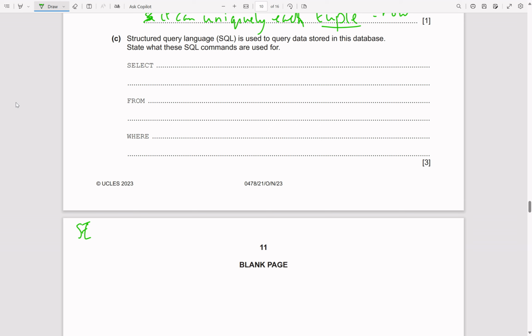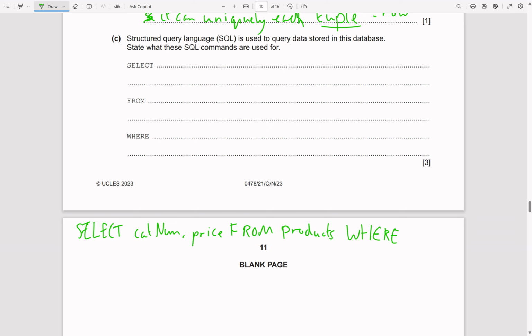We'll go select, and maybe we can do it about this one. So let's select the cat num, and let's just select the price. Then from, so this is where we have the table name. Let's say, I don't know, products? I'm not sure if they told us the name of the table. And then where,